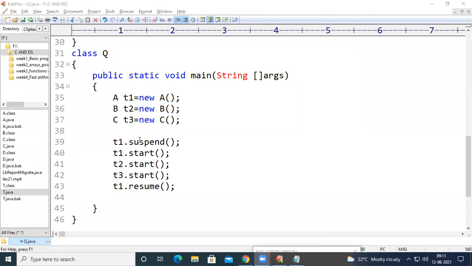Along with that, we are going to see thread priorities. I'm going to end today's session. I hope you all understand the life cycle of a thread, and how we can suspend a thread based upon time, condition, and unconditionally.